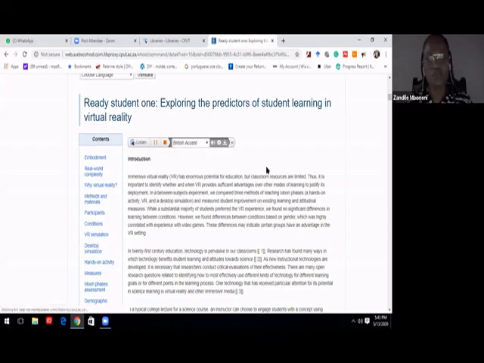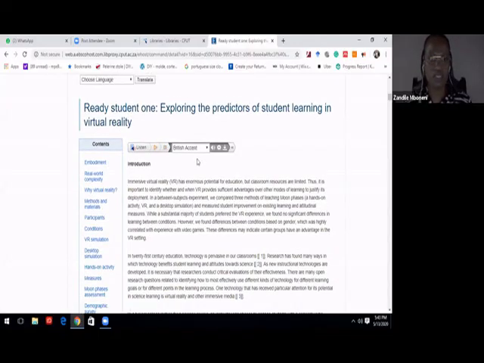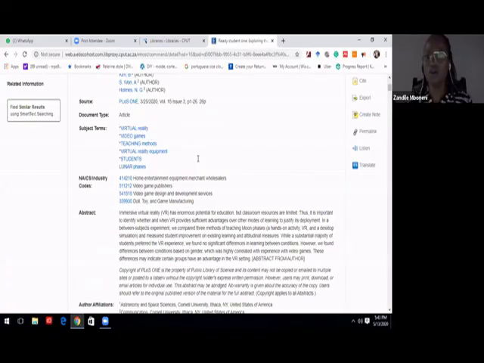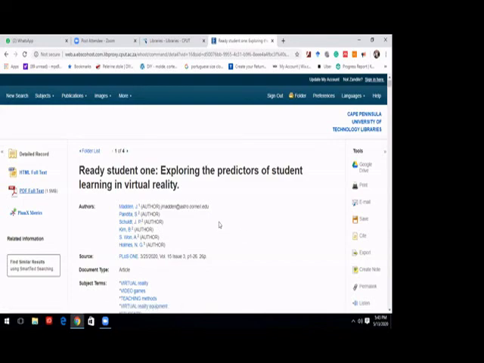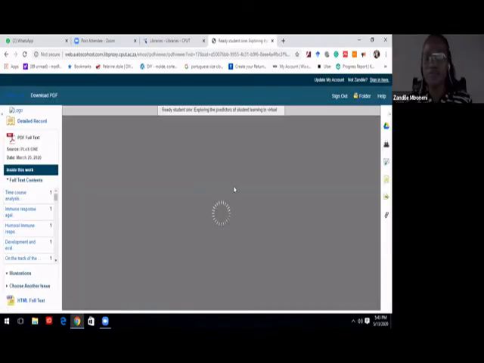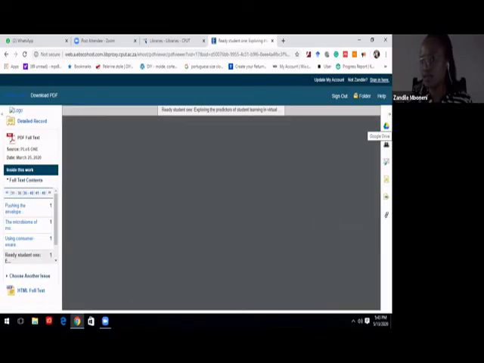But it takes a while sometimes. So it would actually read the article for you. That's what HTML does. If I go to PDF, PDF is easy. We all know how to use PDF. So the tools that you get on the side here, on this sidebar, you can send this article to